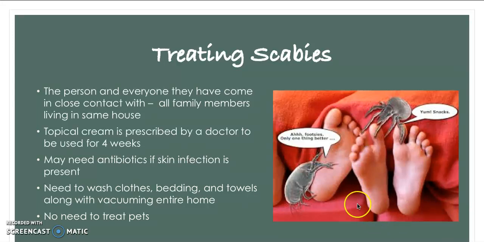I thought this was a little funny picture. Everyone got a kick out of that. So it's just kind of funny that they feed off of everywhere. They do like to go in between your fingers and between your toes. And that itches and it's just no fun. So basically, if you can see the comparison between the two, you're going to have to really wash everything, clean everything,